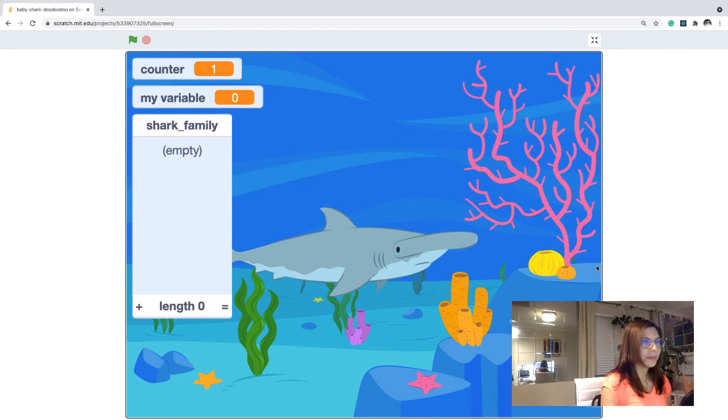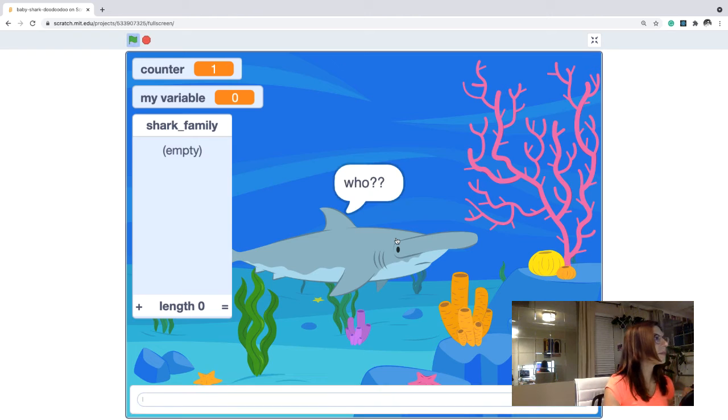Okay, to learn about the list, we're gonna create something like this that has a shark family list. So a list whose name is shark family, and then it gets the input from us, and then as a lyric it will put it on this shark's thinking bubble. So I listen to the music, it says baby shark, I type it, it comes here, and then